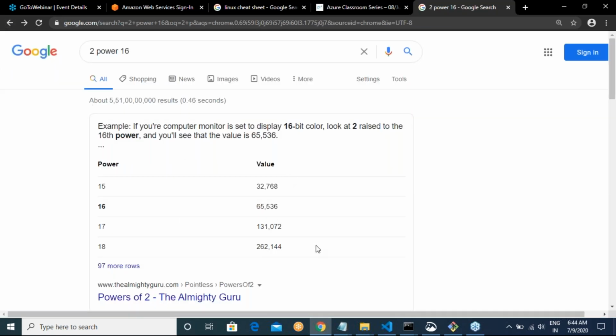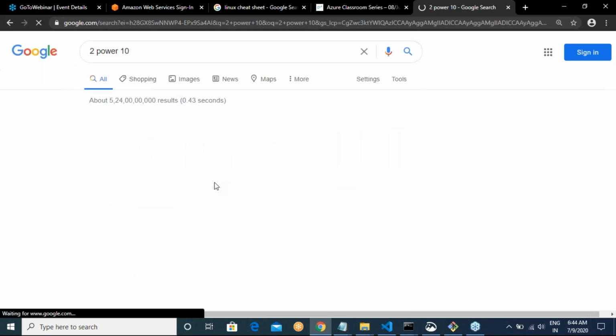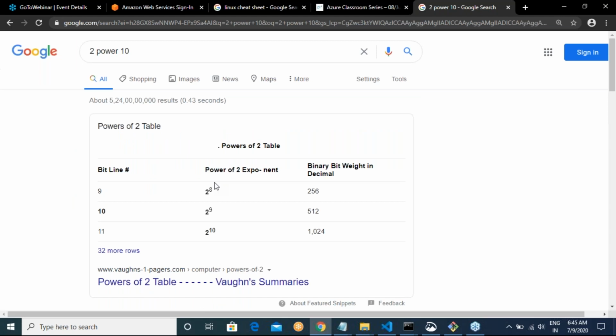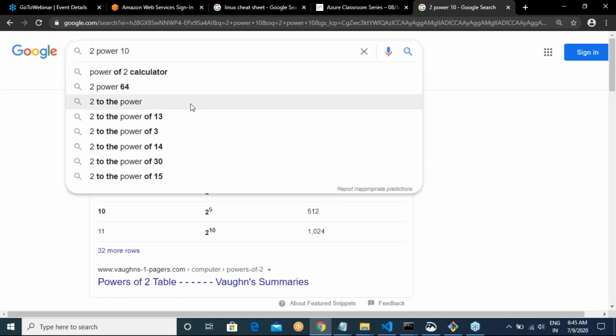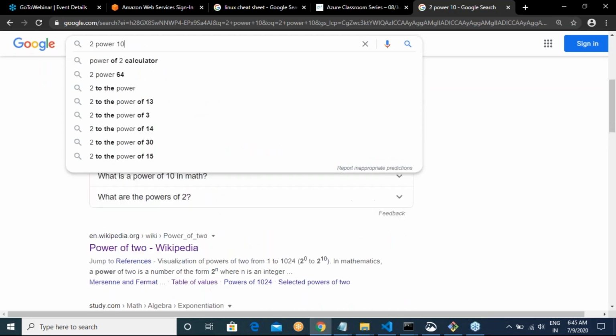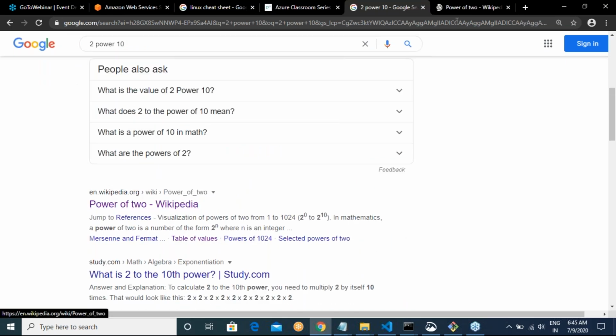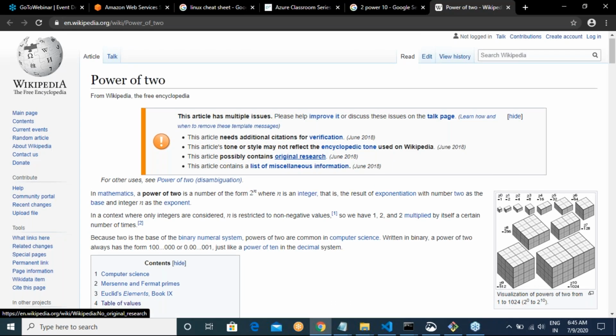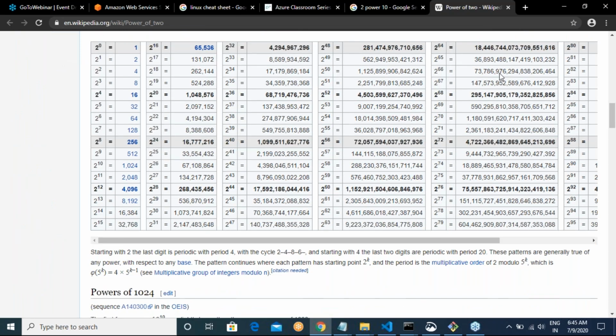Let me write it as 2 to the power of 10. Let me see if there is any other table which will help us in doing this. Yeah, now just have a look at this table. What is the number that can take us close to 2000 in this table? Do you all agree that it is 11?